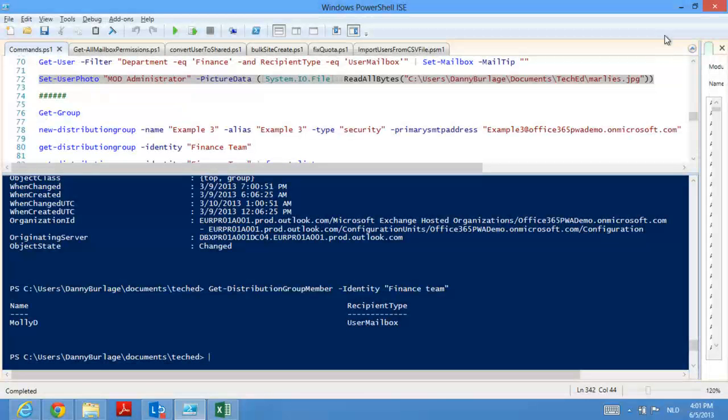From that moment on, you will not pay license fee anymore. So it's basically a free mailbox which you can reference at any given date if you want to get some data out of there. This is great, of course, for minimizing the cost of your deployment, especially when you're replacing specific people. If you're not converting a user that has left the company towards a team mailbox or a shared